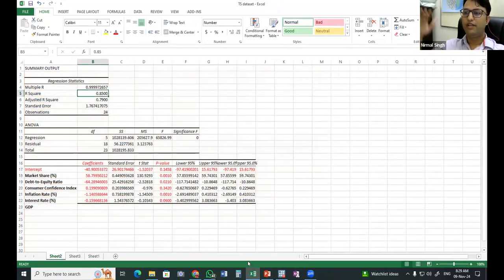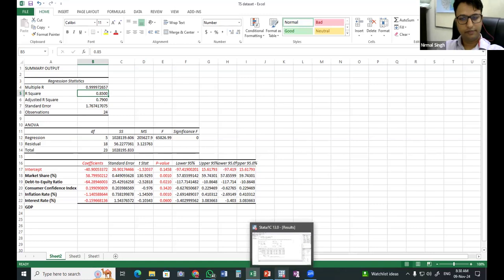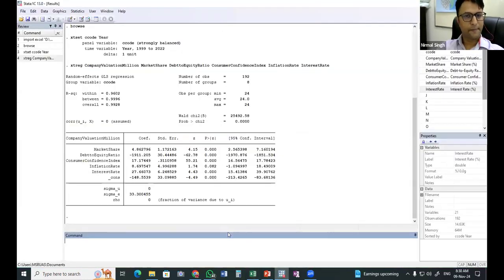That means if we differentiate between different companies, the predictability of the model is increasing. We should differentiate, because different companies have different strategies and different environments in which they operate, so variables will impact them differently.